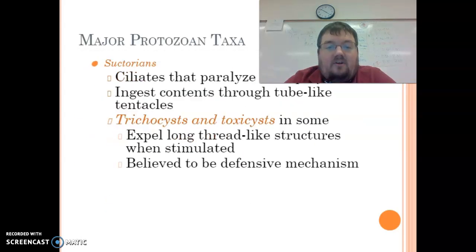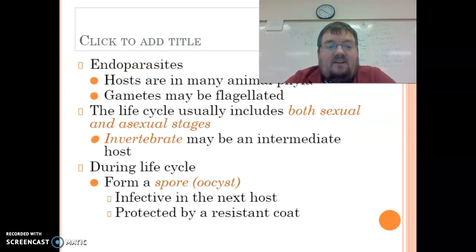We talked about this already. But yeah, when we talk about parasitic protozoa, the ones that live inside of your body, those are referred to as endoparasites. Endo means inside, parasitic means that they gain while you suffer. So endoparasites are living inside your body.